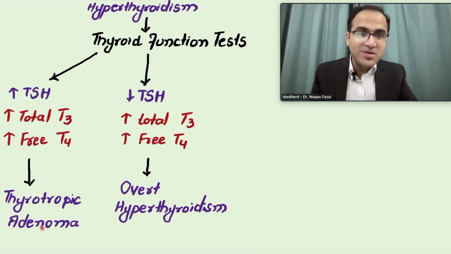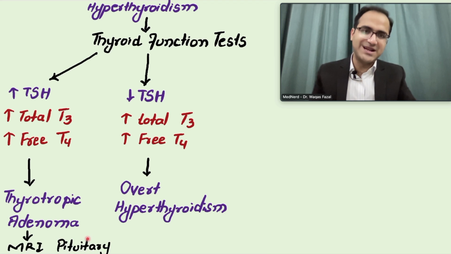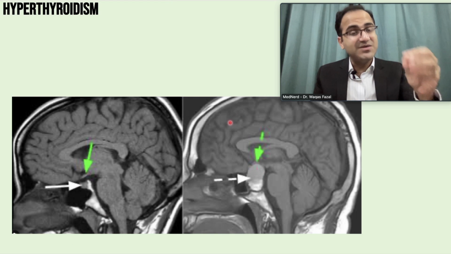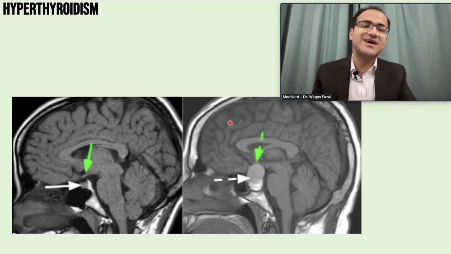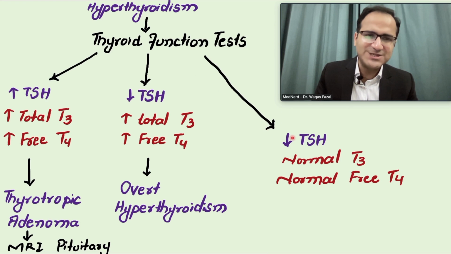That pituitary adenoma is stimulating the production of thyroid hormones, and you need to perform MRI of the pituitary gland because excess TSH indicates that there is a mass in the pituitary gland. You perform the MRI and you see a mass like this. This means that there is a mass producing TSH that is stimulating the thyroid gland to produce excess amount of thyroid hormones. There can be another scenario where the TSH levels are low, but the T3 and